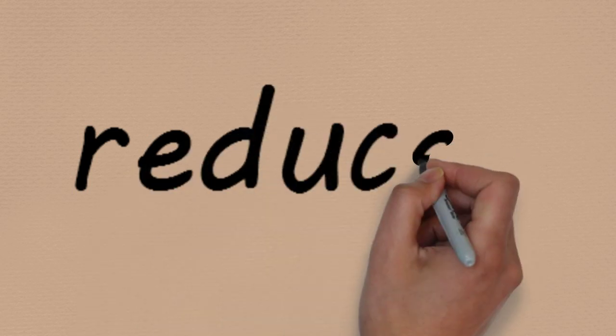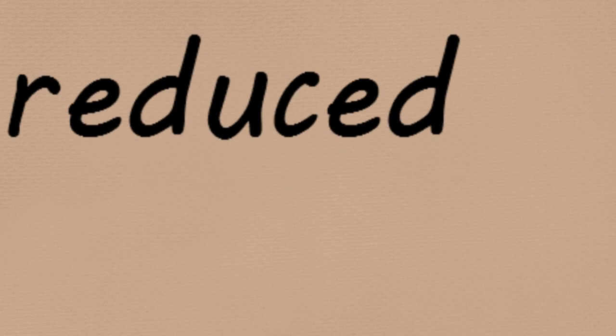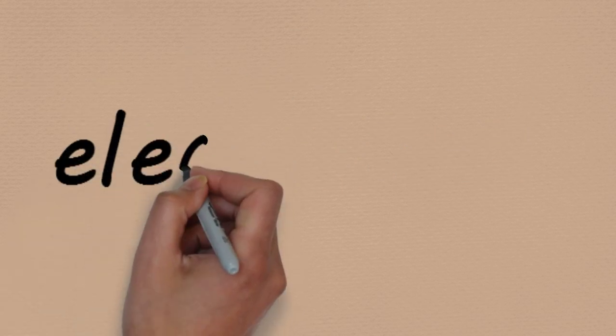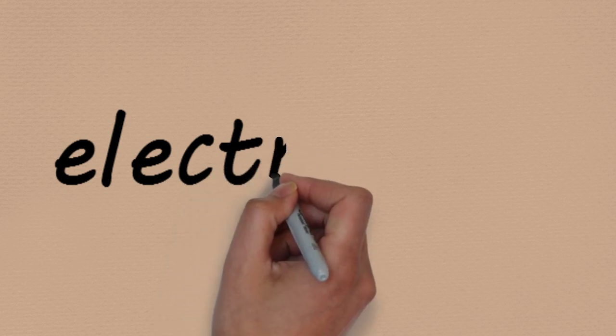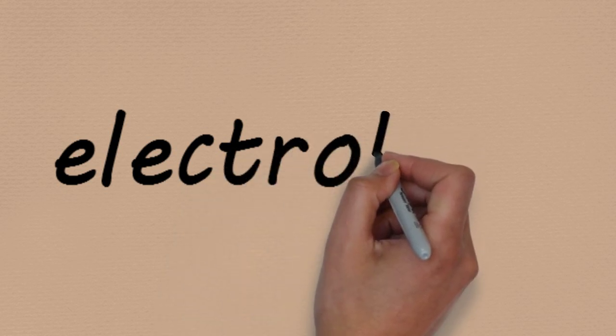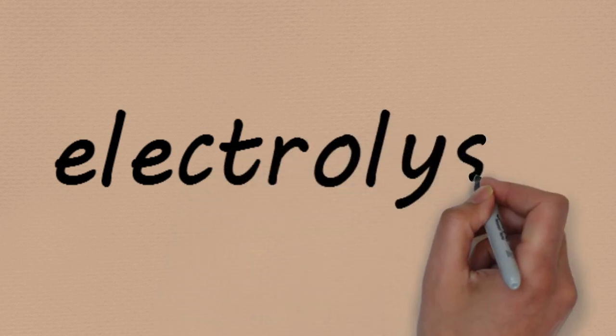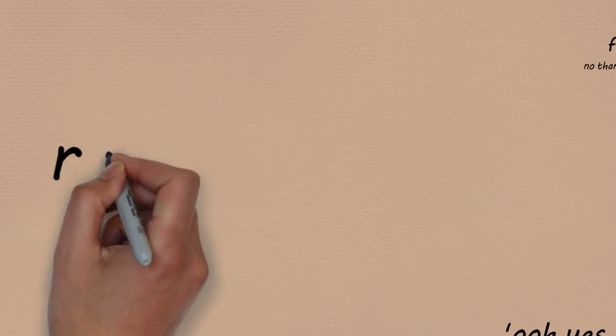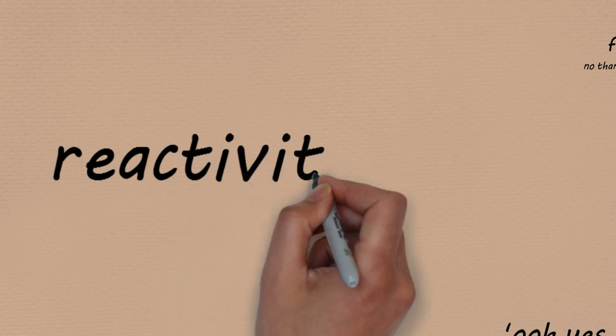If a metal oxide will lose its oxygen, we say it has been reduced. Now, if a metal can't be reduced, then unfortunately we've got to use another method, electrolysis. This will